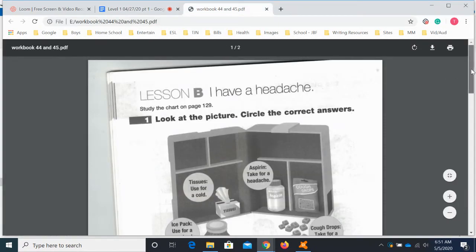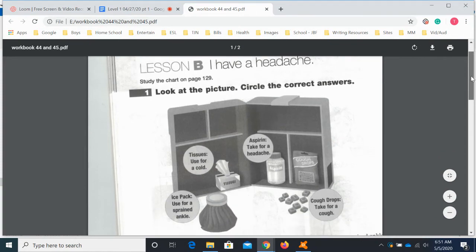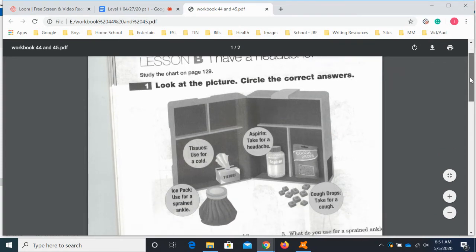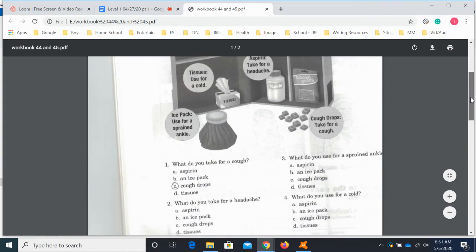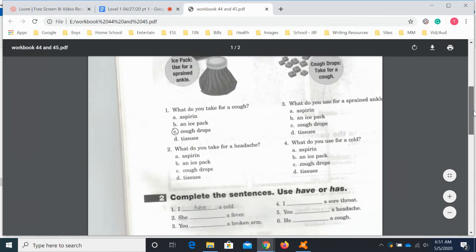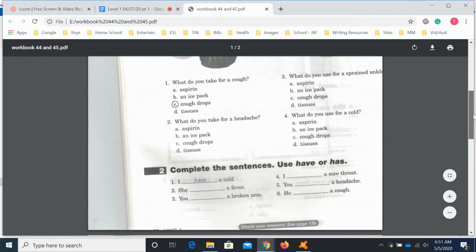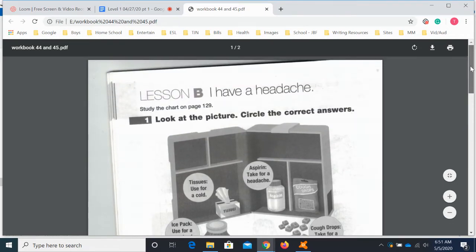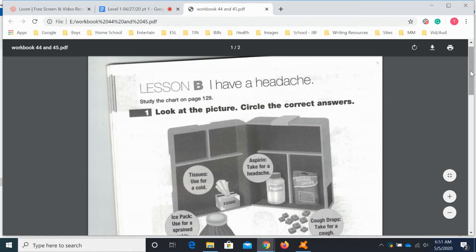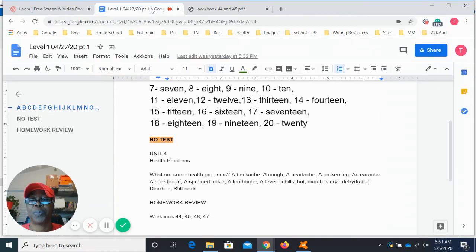So let's go to the homework, page 44. And as you can see here is page 44. And we have different, I'm sorry that this came out a little crooked, but we will just go with the flow. Do you know what that means, to go with the flow? This is how it's written, go with the flow,